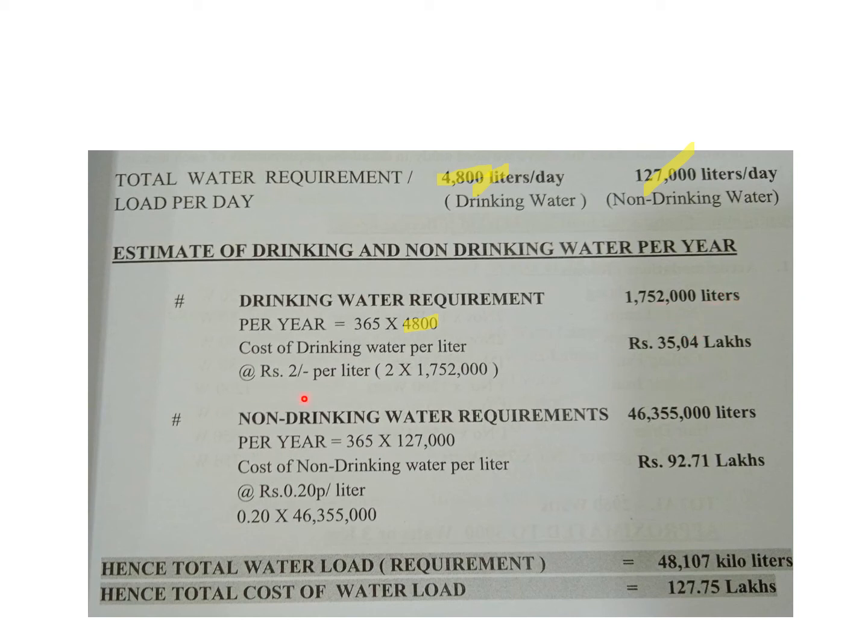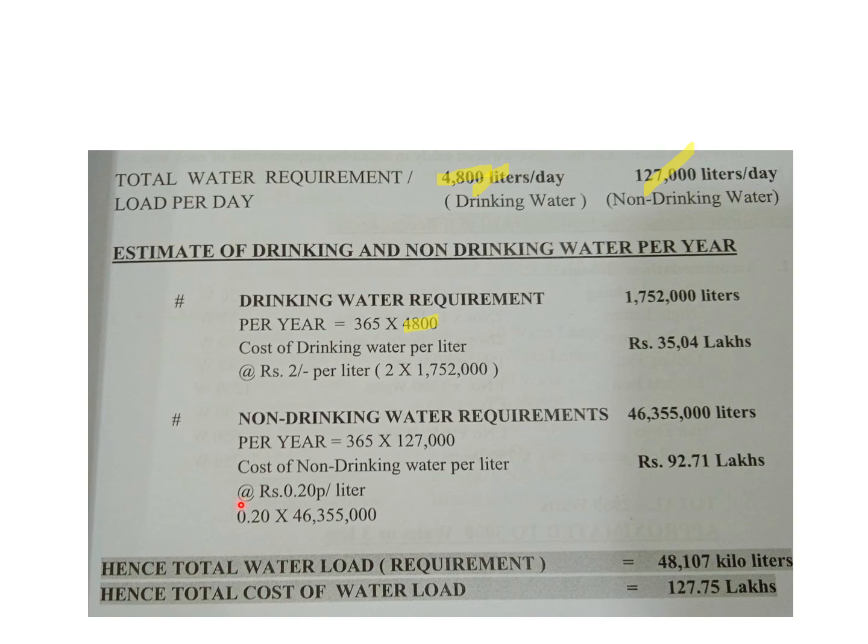That is drinking water, and we have considered rupees 2 per liter, which, going by current technology, is pretty high because you have RO water available commercially at less than that. So it could be a little lesser, maybe 1 rupee, 1.50, depending on the kind of technology and the quality of the water that you get. But 2 rupees per liter, I think, is not bad if you factor in the repair and maintenance of the water plant that you would have for this.